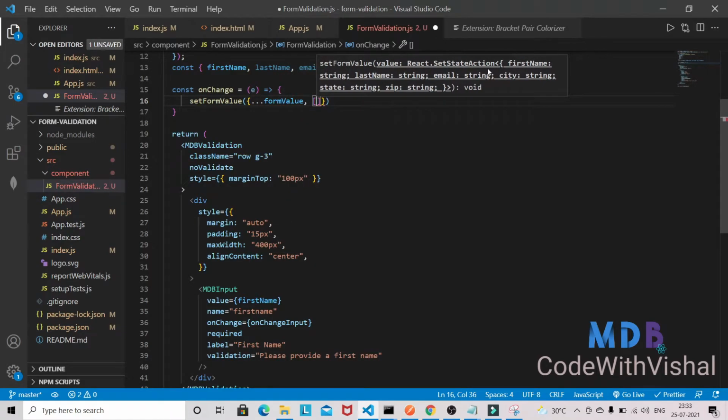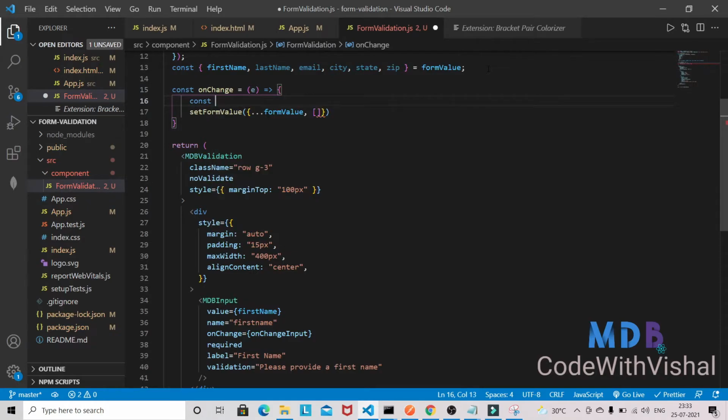Let's destructure here name and value from the e.target. So name and value, this way, and this will be the onChange input.